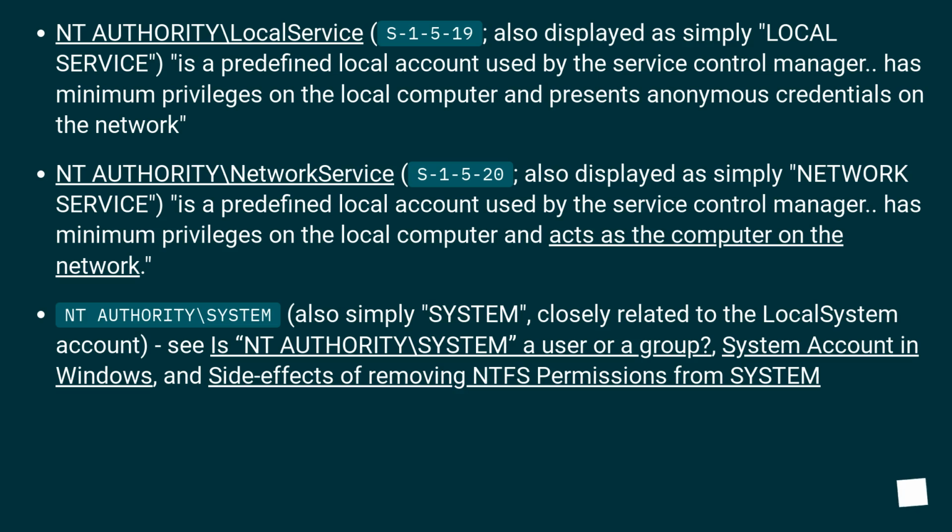It has minimum privileges on the local computer and acts as the computer on the network. NT AUTHORITY / SYSTEM, also simply SYSTEM, is closely related to the local system account. See also: Is NT AUTHORITY / SYSTEM a user or a group? and System account in Windows, and side effects of removing NTFS permissions from SYSTEM.